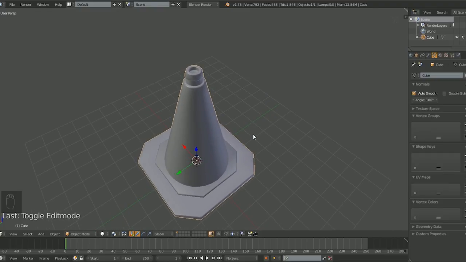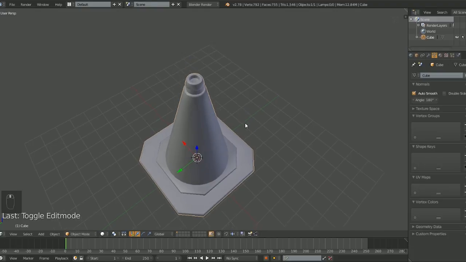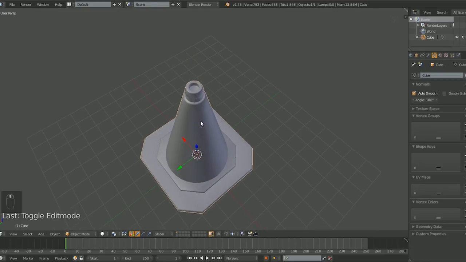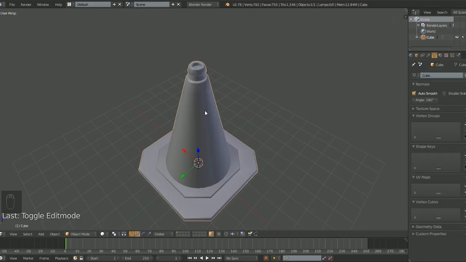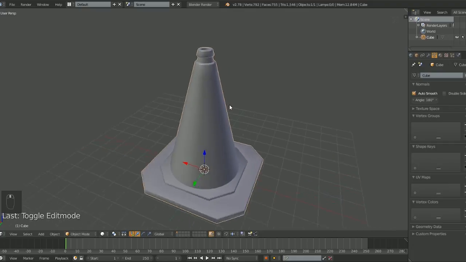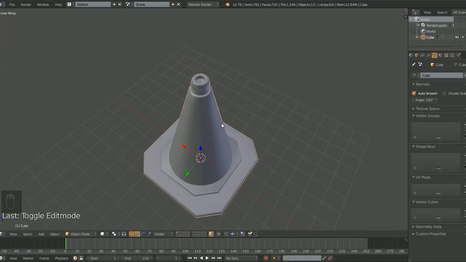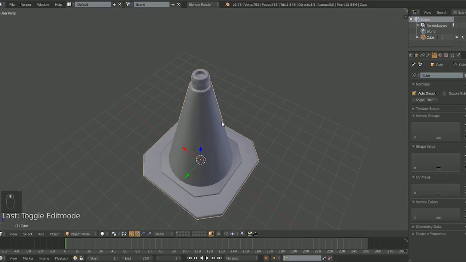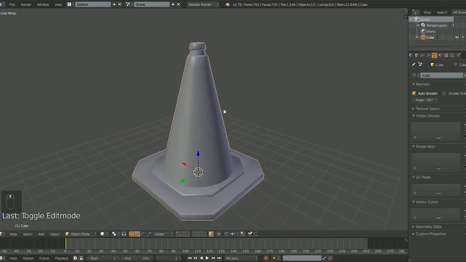Now something I forgot to mention on the first part is that you can actually save blend files directly into your Unity project file and it'll work just fine. You don't have to export as FBX or any of that. So anytime you need to make an edit, you can just open it up in Blender, do what you have to do, save it, and it'll automatically update. So now that we got that out of the way, we're going to jump right into